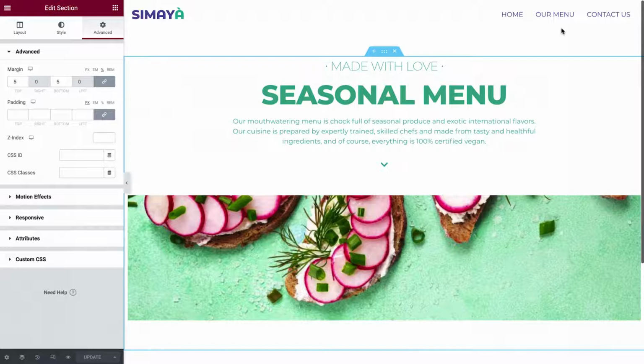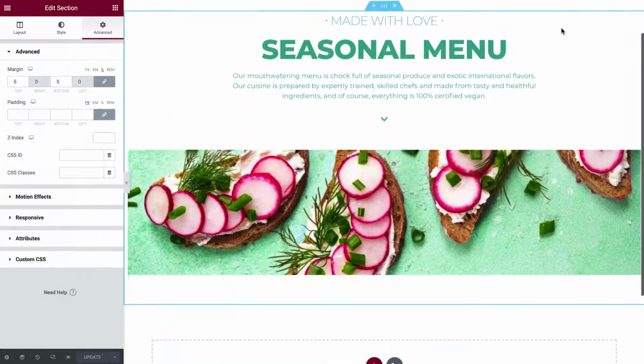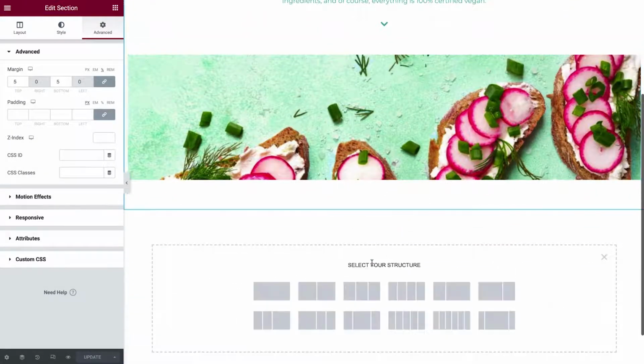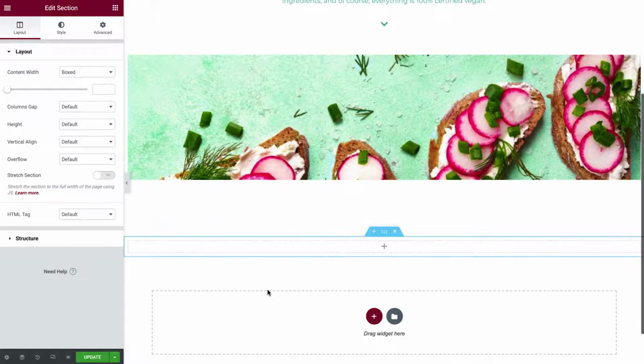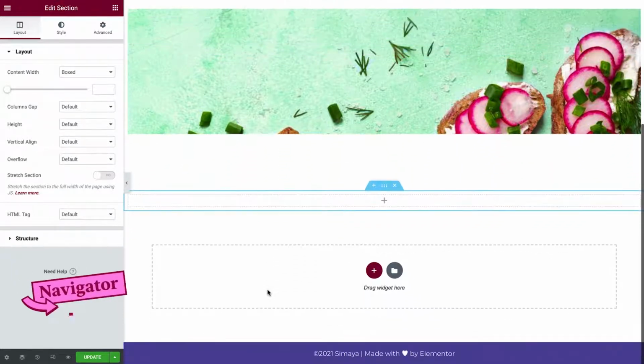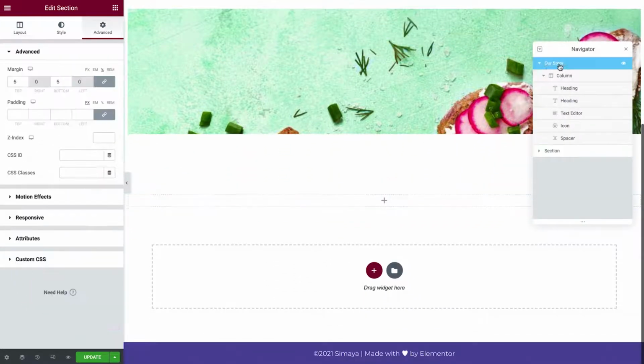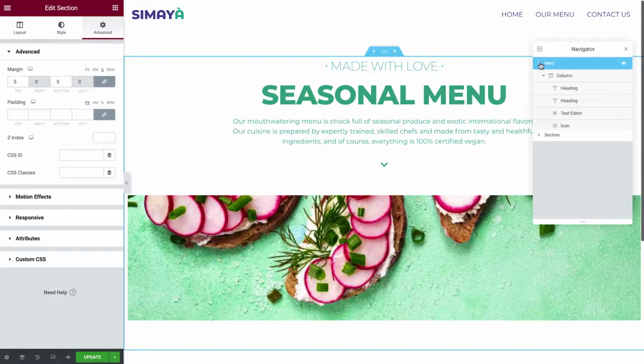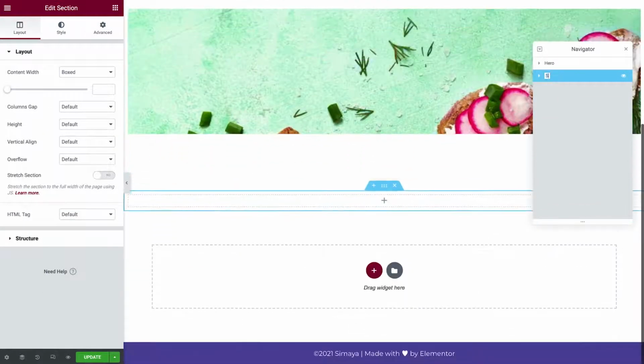As you've seen, copying elements and saving them as templates saves valuable time, and I encourage you to incorporate these processes into your workflow. Let's continue to the next section. Create a new section with one column. As we did before, we'll give a name to the sections so we can navigate quickly throughout the page. Open the navigator, name the Hero section, as well as the Starters section. Now close the navigator